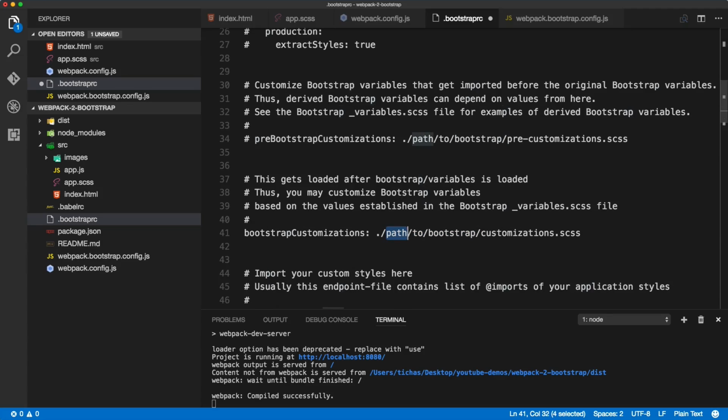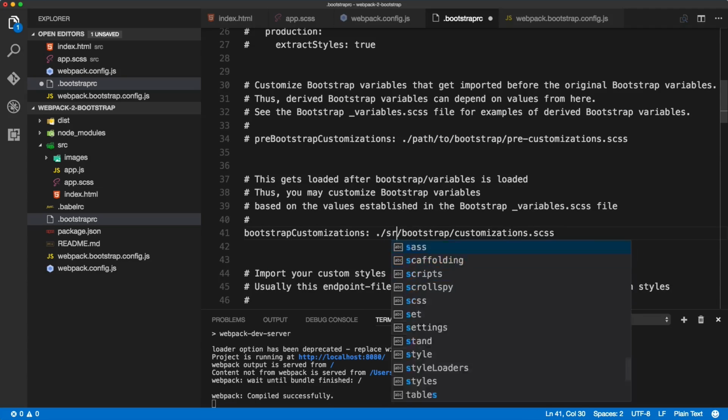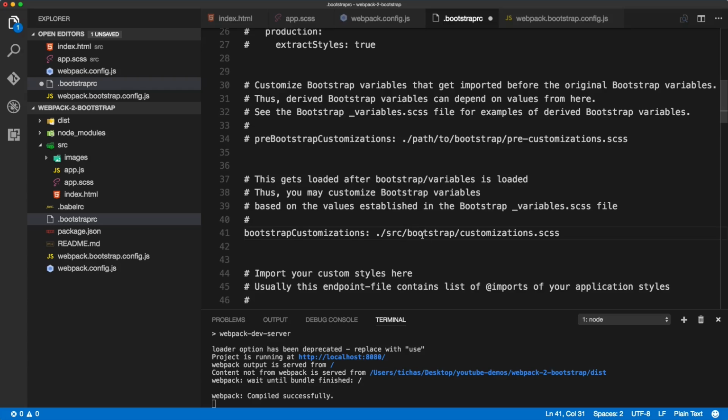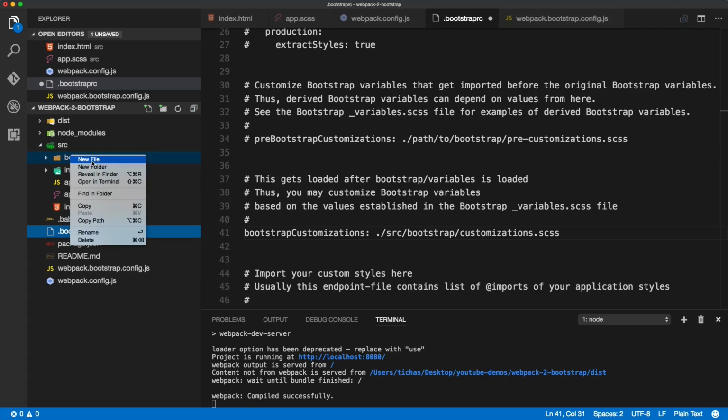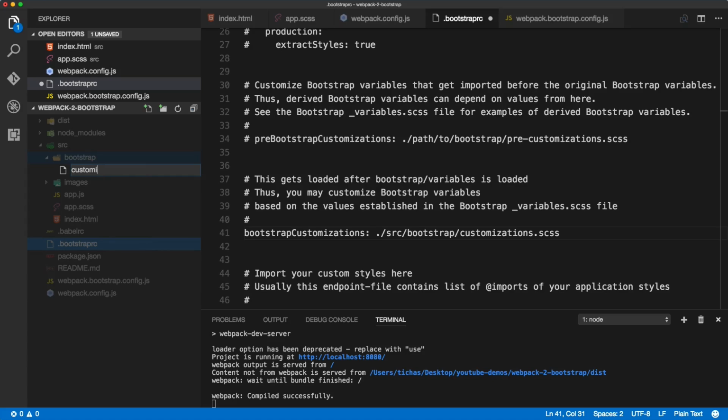This could be src and Bootstrap customization. So let's create this folder, new folder Bootstrap, and inside of it I'm creating a new file,